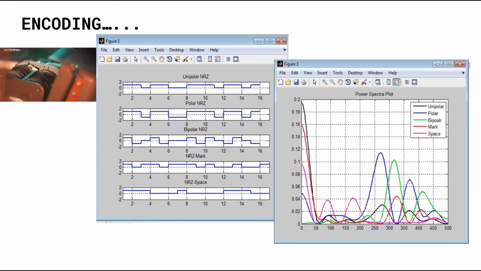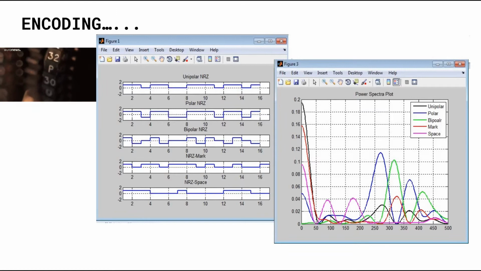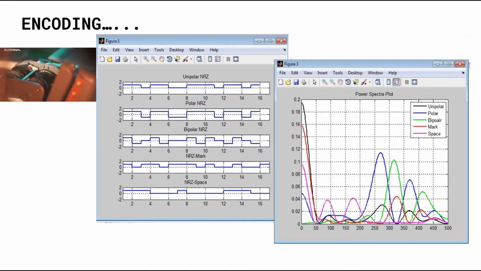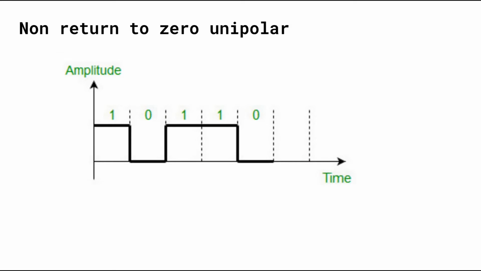Coming to the encoding, an encoder translates a quantized sample into a digital code word. As you know, binary consists of 0 and 1. Each digital word consists of n bits. You know that digits are just an abstraction. We need a way to describe message information in the form of an electrical waveform, that is, convert the binary digits into an electrical waveform. The two important representations of binary digits by electrical waveform are non-return to 0 unipolar and non-return to 0 polar.